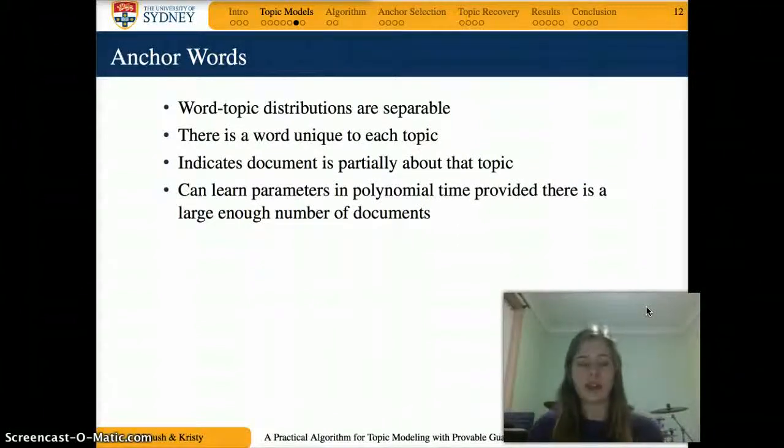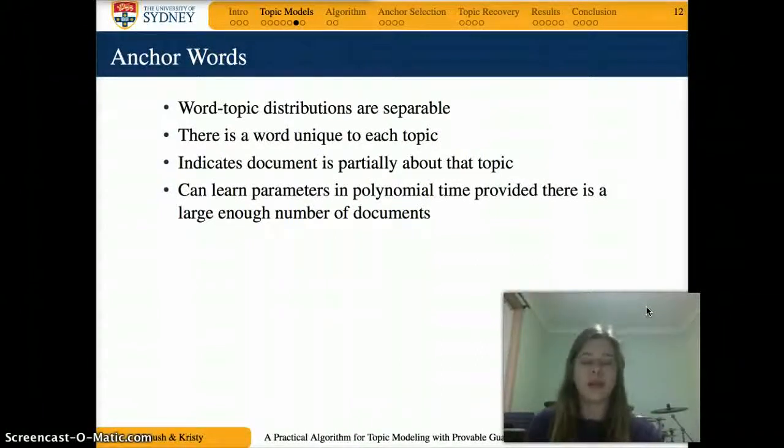So when you have a document and you find that word in there, you go, well, it has to at least be partially about this topic, because if it wasn't, then what generated the word? Because we remember that documents are viewed as being generated by different topics by randomly picking out words from them. But there's no probability of getting that word from any other topic, so it's got to be from that topic. So they assume that these anchor words exist,